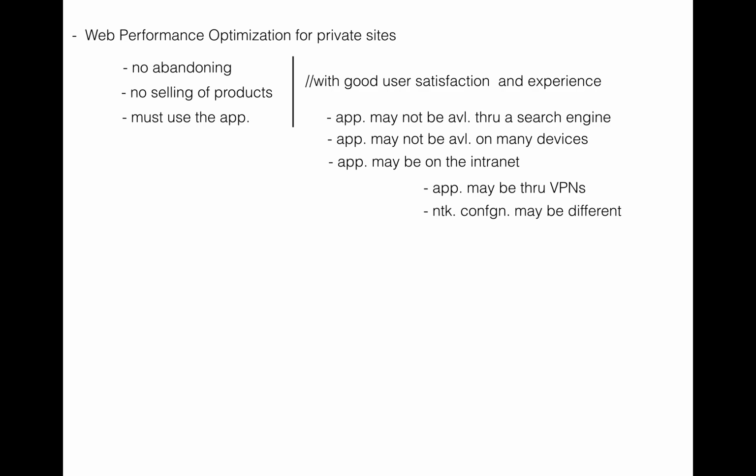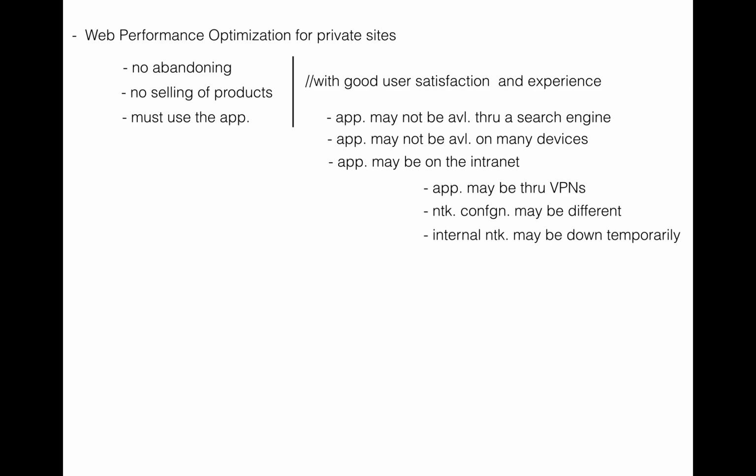Maybe there are different networking configurations in place, like different quality of service parameters, different load balancers, etc. Also, the users may get frustrated if the internal network goes down temporarily without any kind of advance notice or intimation. So, with all these different combinations and possibilities, how do we really ensure that the app is doing well?